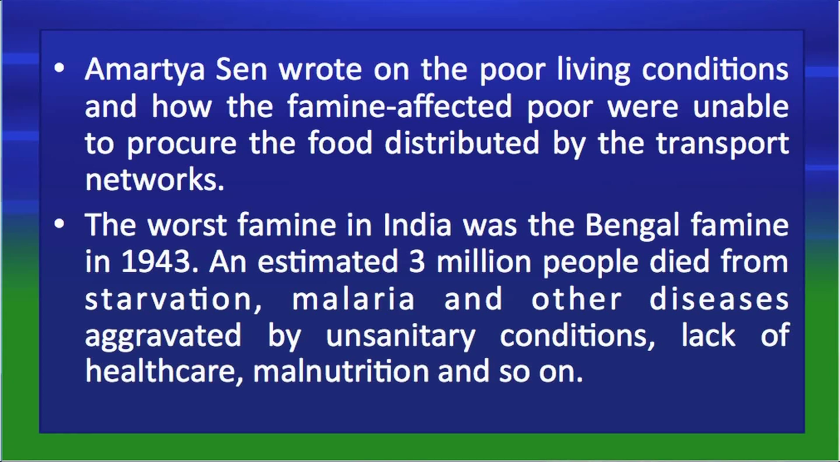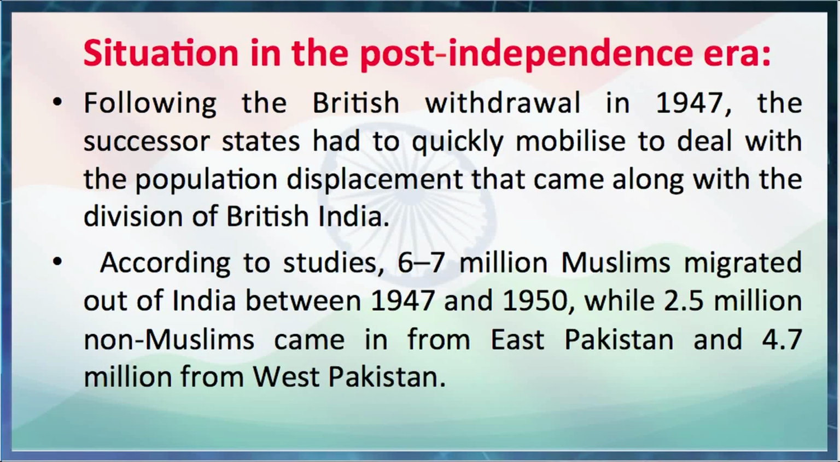The worst famine in India was the Bengal famine in 1943. An estimated 3 million people died from starvation, malaria, and other diseases aggravated by unsanitary conditions, lack of healthcare, malnutrition, and many other factors. And in the post-independence era, following the British withdrawal in 1947, the successor states had to quickly mobilize